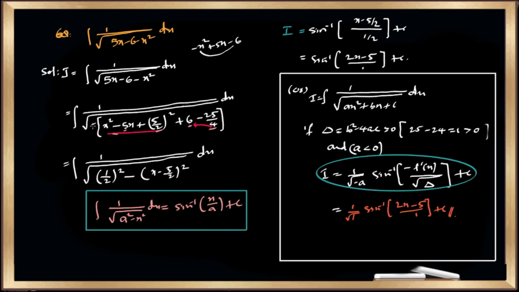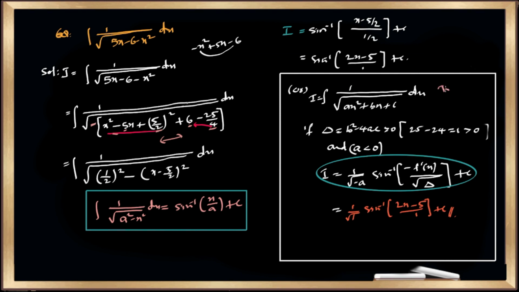Minus is there. If you multiply with this minus, it becomes plus 1 by 4, and 1 by 4 we can write as (1 by 2) whole square. So we are multiplying with minus. So this is in the form of 1 by root over a square minus x square, and its integral is sine inverse of x by a plus c. Therefore our given question becomes sine inverse of x, where x is x minus 5 by 2, and a is 1 by 2. After taking LCM, 2 gets cancelled. So it will become sine inverse of (2x minus 5) by 1 plus c.